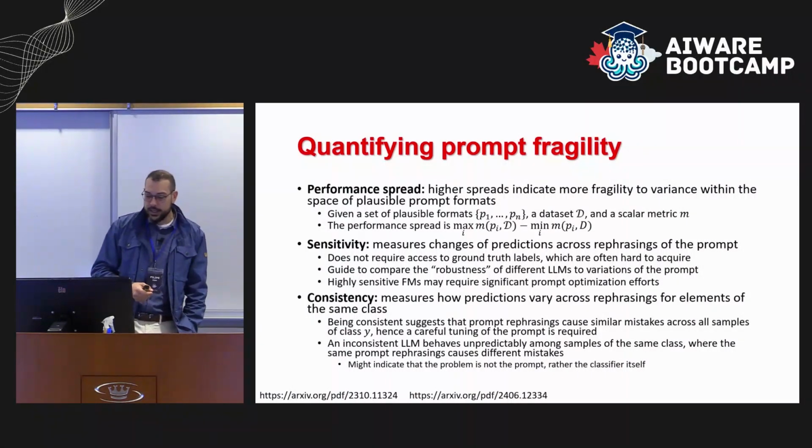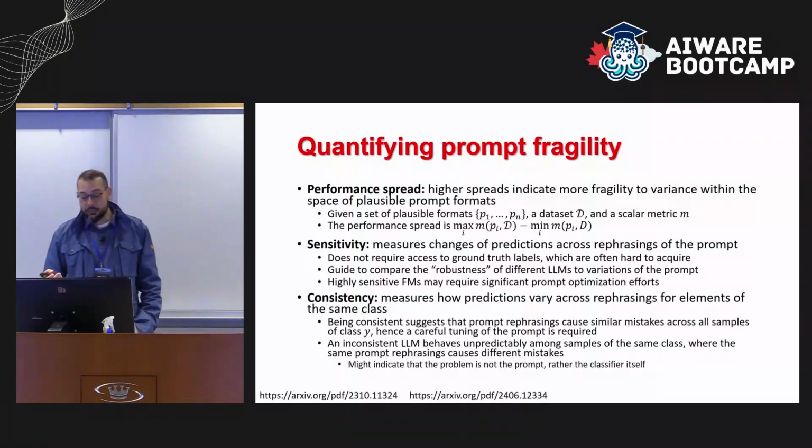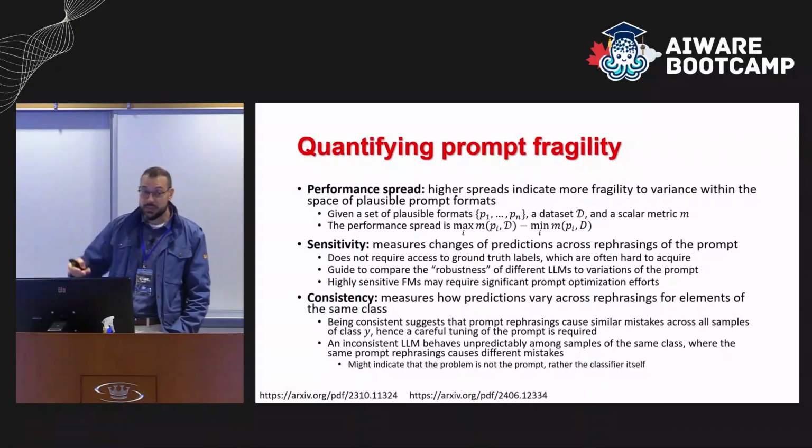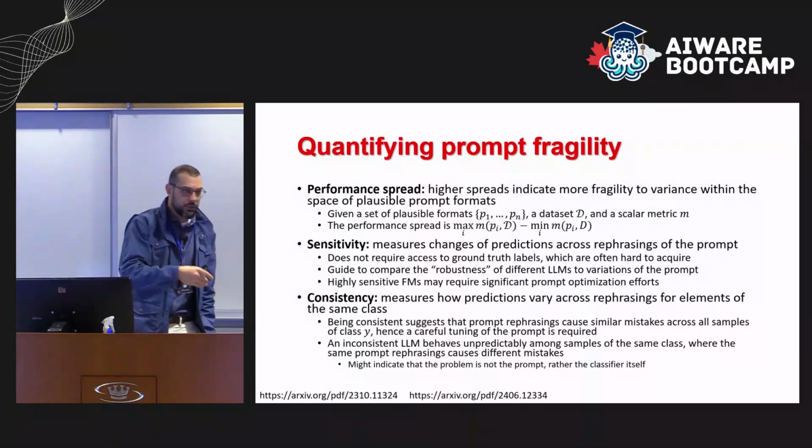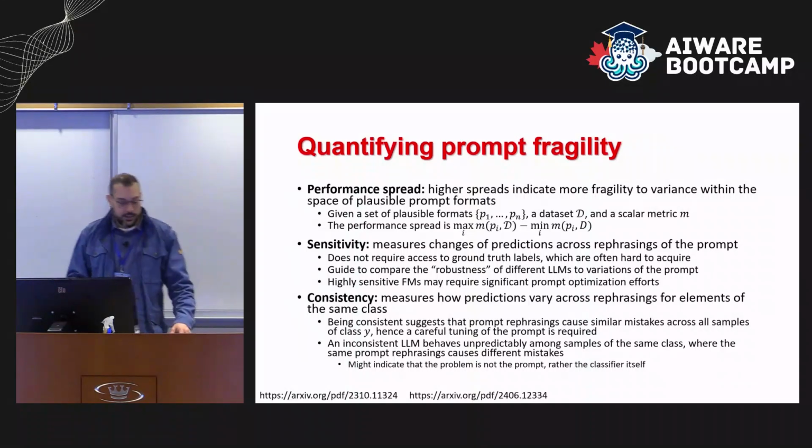An inconsistent LLM behaves unpredictably among samples of the same class. That might indicate that the problem is not in the prompt, but in the model itself. So we invest more into maybe fine-tuning or modifying the model somehow, but not much effort into finding the best prompt